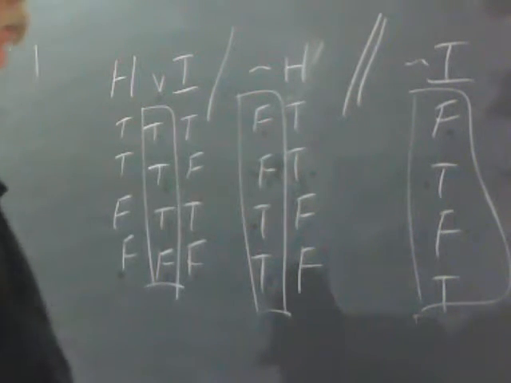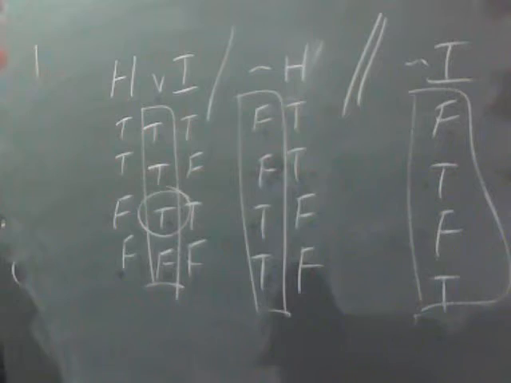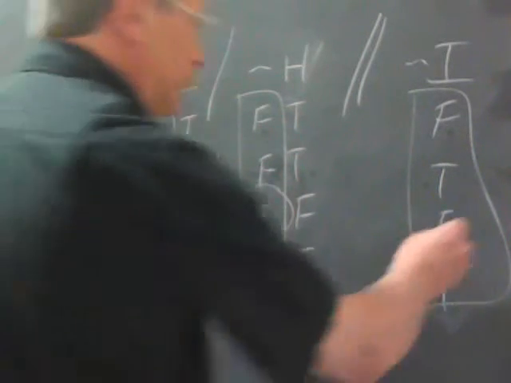What are we looking for? We're looking for validity or invalidity. And invalidity is the place to look. Invalidity means that the argument does not require, the premises do not require that the conclusion be true, even if they are true. And line 3 shows we can have this premise true and this premise true